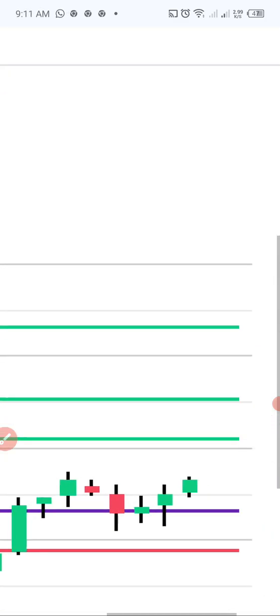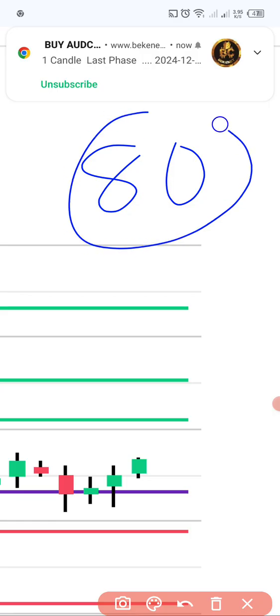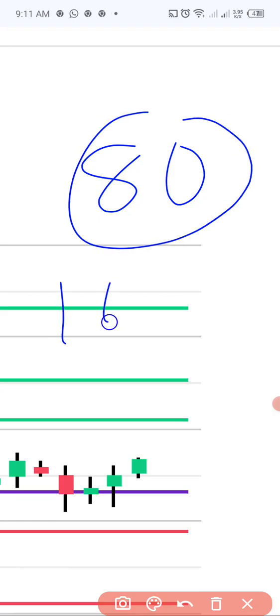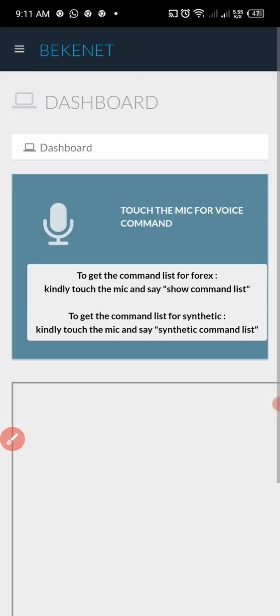If you still don't understand this simple concept: 80 pips, 80 pips stop loss. Do you get it? If you have $100, use 0.01. There's a pips calculator. Let me take you to that place. Once you subscribe for Forex, you have